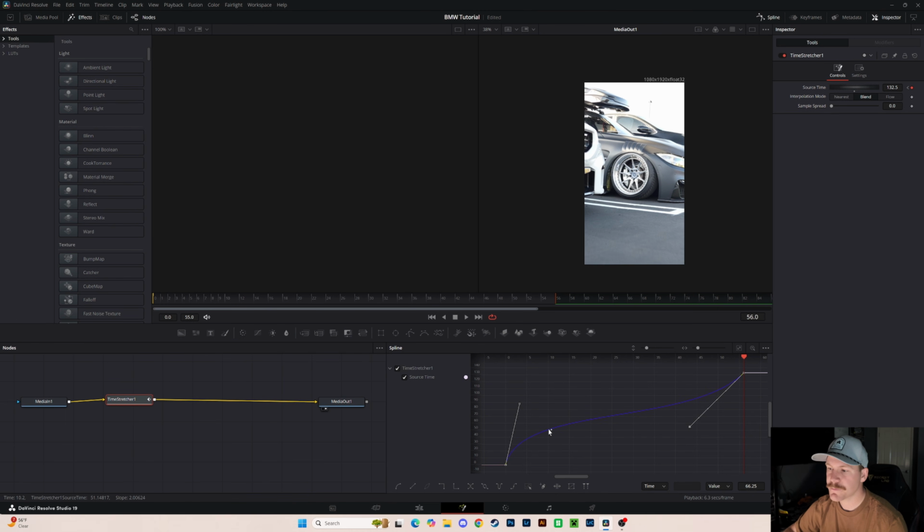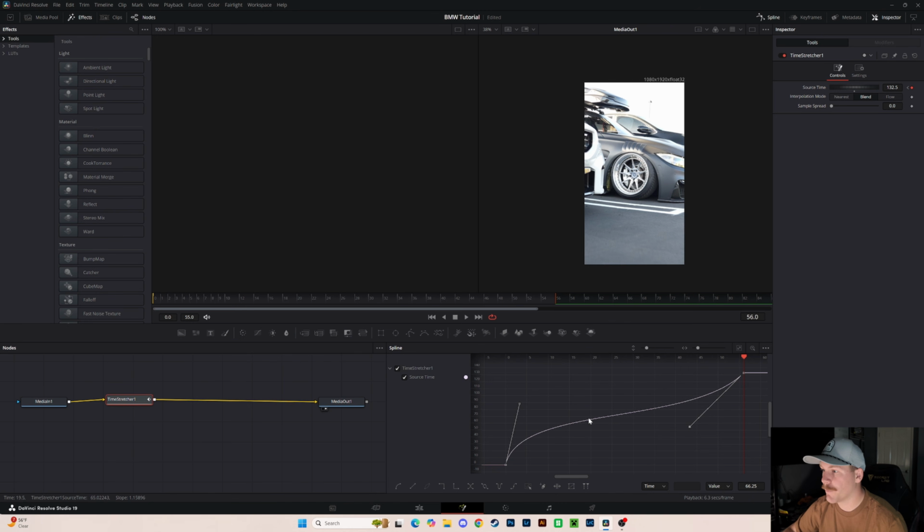So to get to this point, we travel about 50 clip frames in 10 frames. So we're going fast. And then from here to say here, we travel maybe 20 clip frames, 60 to 80,